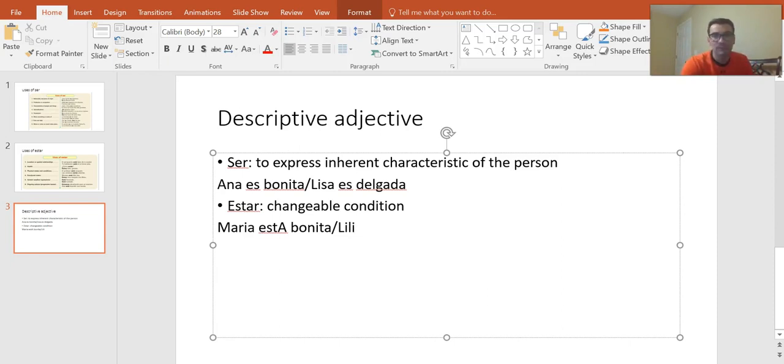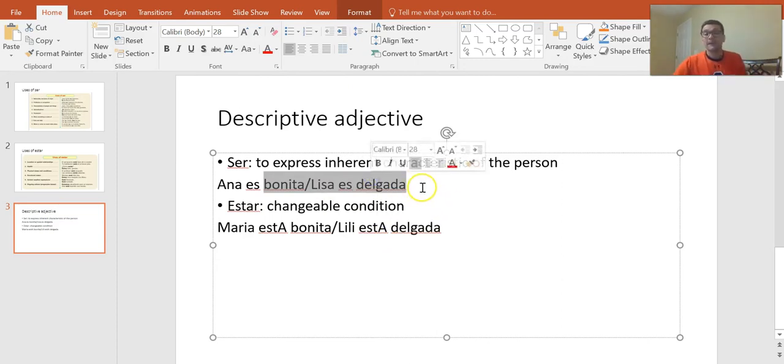She was sick for a while. This is an example. So when I see her, I will not say Lili es delgada. Lili está, is my impression in there. Está delgada. It's an inherent characteristic connotation as you perceive it, you use ser, a permanent characteristic of the person, but if it's a changeable characteristic of the person, you could use está. And look, the connotation changes. Another example, and the last one.